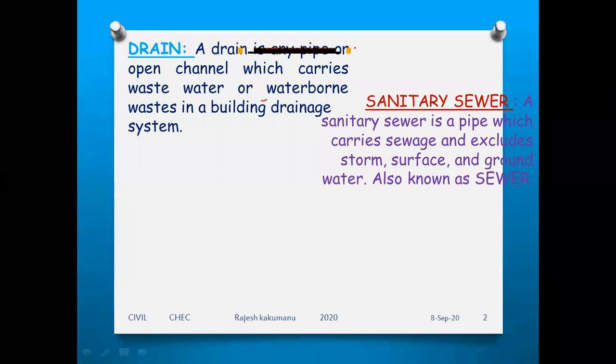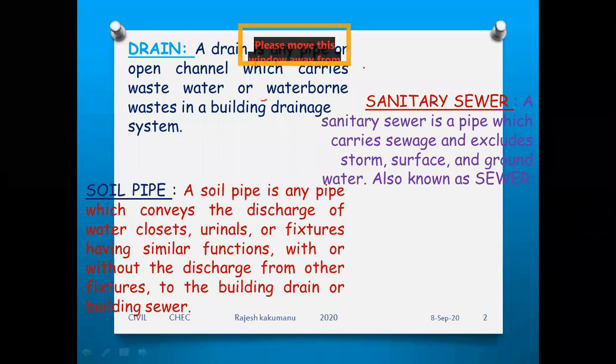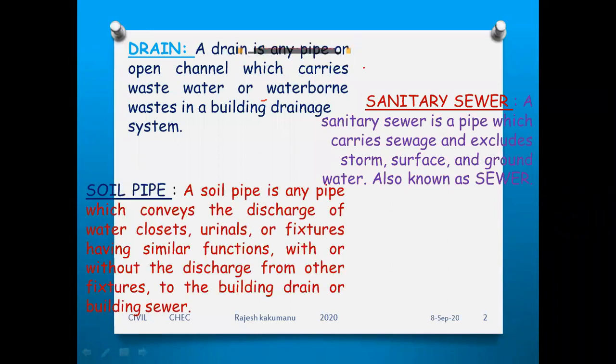Next definition. What is a soil pipe? A soil pipe is also one type of pipe which conveys the waste